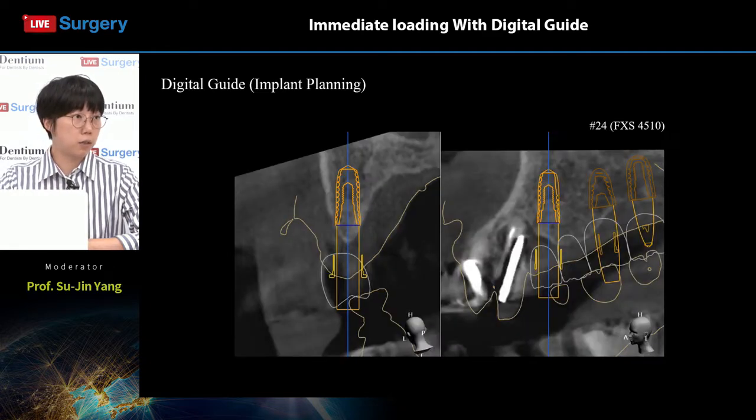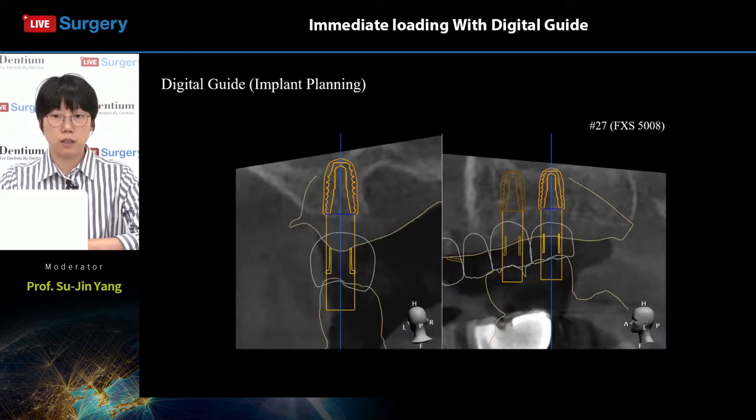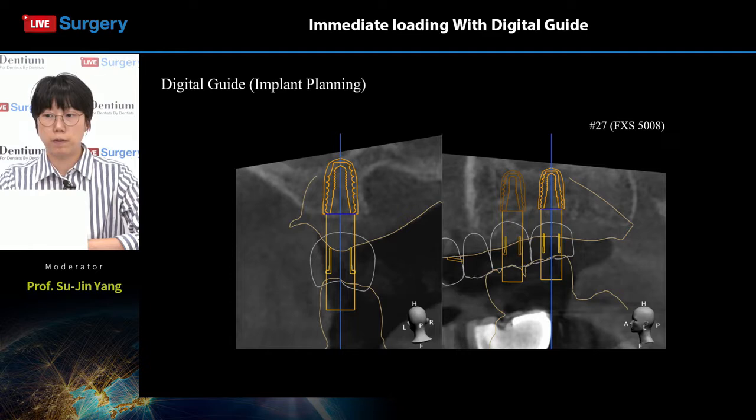Now, on the left side, tooth number 24, 26, and 27 areas have sufficient bone height and width. The diameter and length of the implants were set to 4.5 millimeter width, 10 millimeter length for tooth number 24, and 5 with 10 millimeter length for the molar areas. I think Dr. Lee might do an additional bone graft in these areas using the crestal approach if necessary, since the inferior border of the sinus can always be a little different from the CBCT and in the actual surgical situation. Also, through the CT images, we can assume that the bone